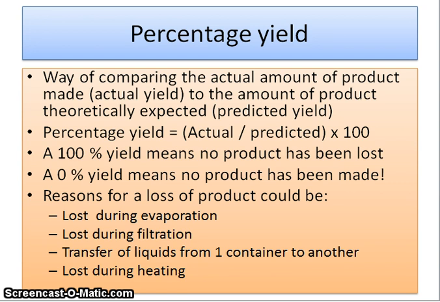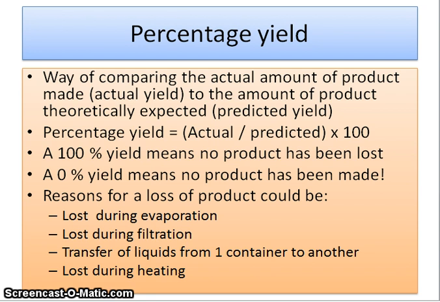So the yield of a substance is how much of it there is. Usually there's a difference between the predicted yield and the actual yield. Like I said, predicted yield is the expected mass calculated, as we discussed in the last presentation, using the relative formula mass calculation that tells you how much you should be making, compared to the actual yield, which is basically how much you do make. So it's a bit like doing it on paper to start with, working out how much you should get,